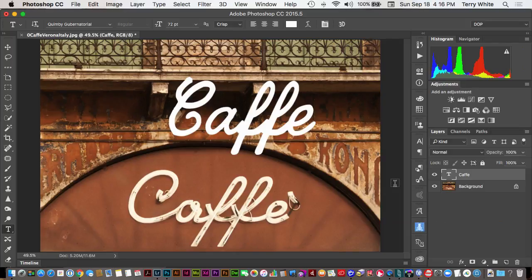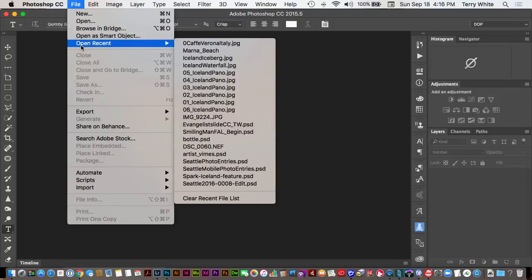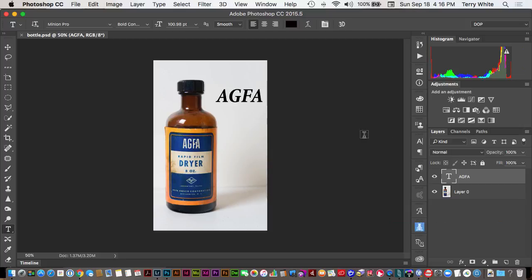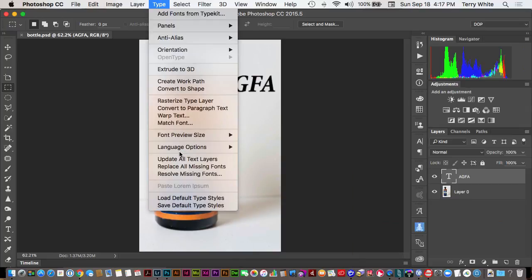Okay. Let's look at one more example of that with something that's a little bit closer to something that you can actually use because it wasn't handwritten. Let's go to this one. All right, so I've already taken the time to type the word AGFA in whatever font that is, and of course that's the original AGFA bottle. So same thing, while that's selected, grab the marquee tool, make a selection around the actual pixels, and now I want you to tell me, computer, what font is closest to what I just selected. Type, match font,